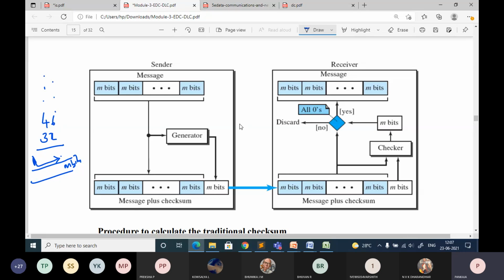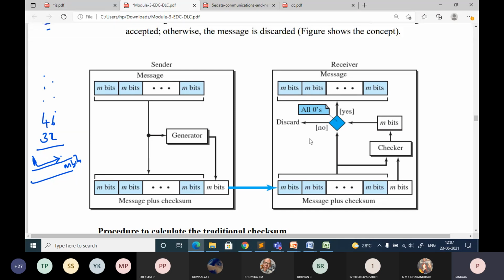If you understood this diagram, we can try one problem, and according to this we'll solve one problem. Whenever we add and calculate the checksum, we use the one's complement method, so that also I will explain. What procedures do you need to follow here? At the sender side, what are the steps that take place?